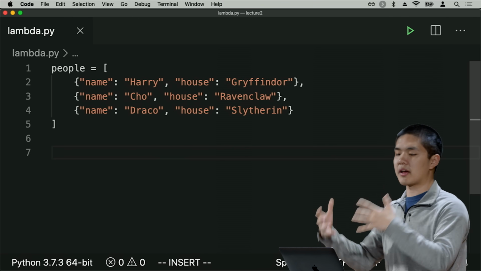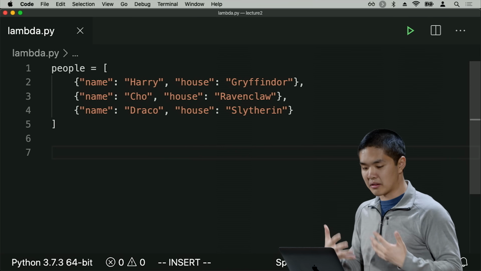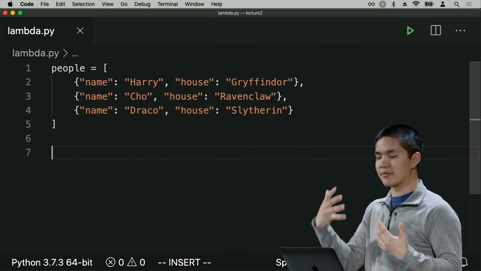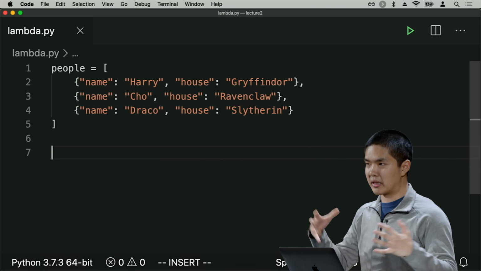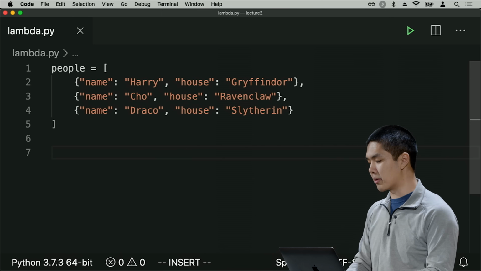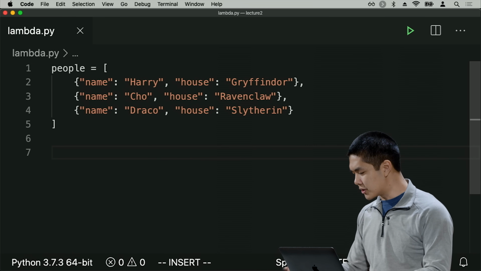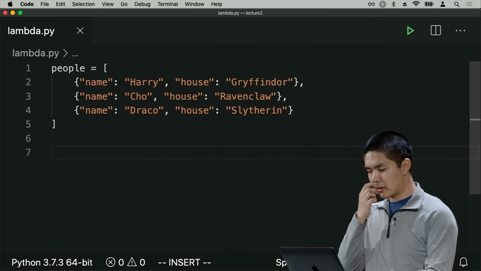We can have lists inside of other lists, or lists inside of dictionaries, or in this case, dictionaries inside of a list. And in fact, this nesting of data structures is one of the reasons why it's very easy in Python to be able to represent structured data, like a list of people where every person has various different properties. What I might like to do now is something like sort all of these people